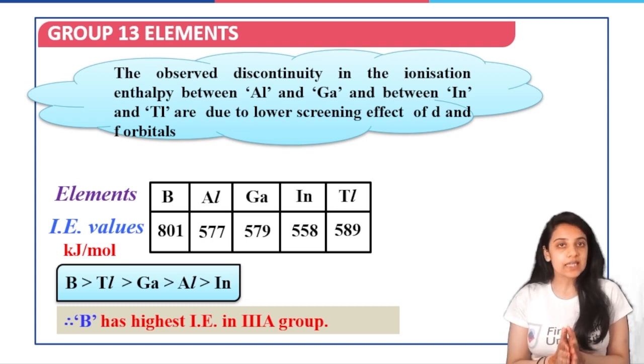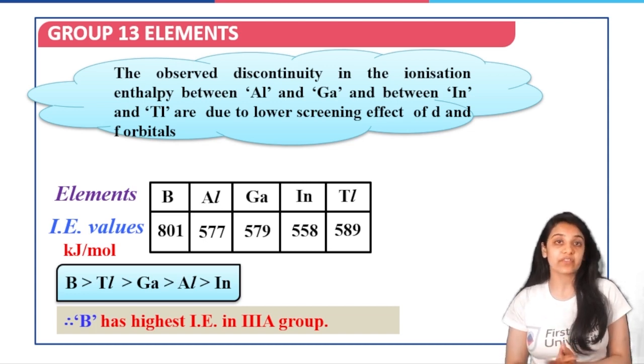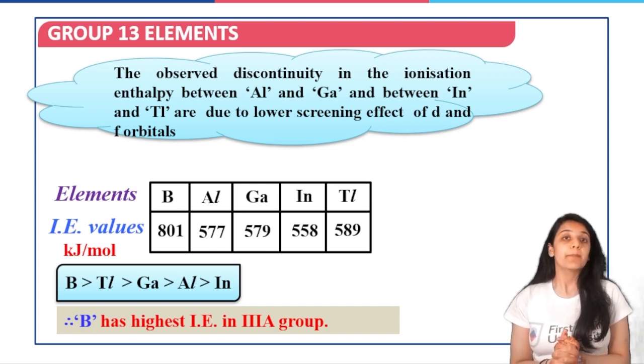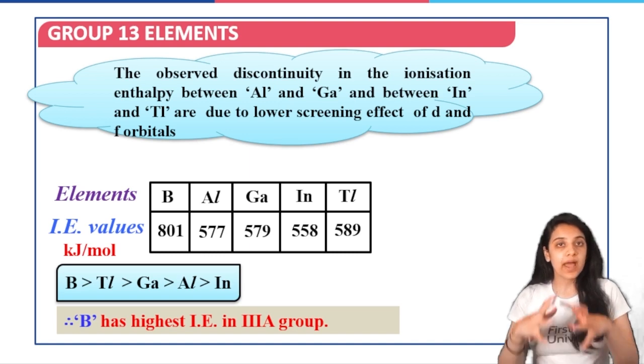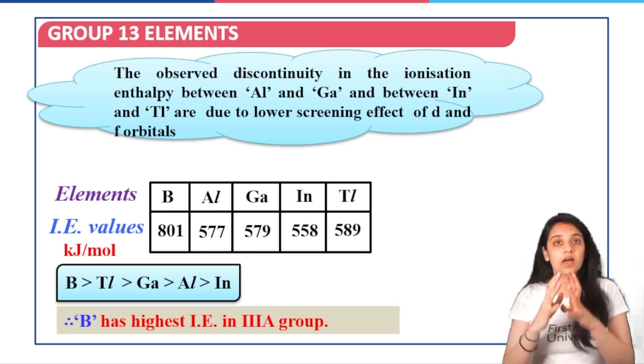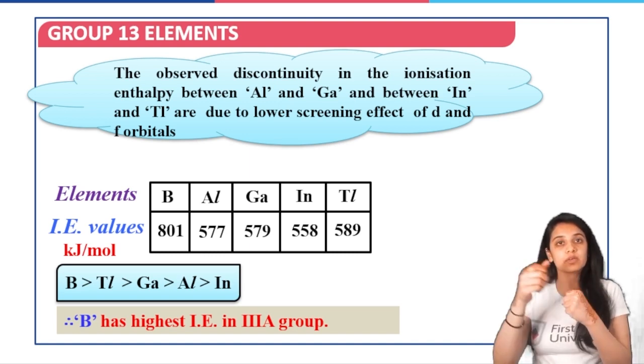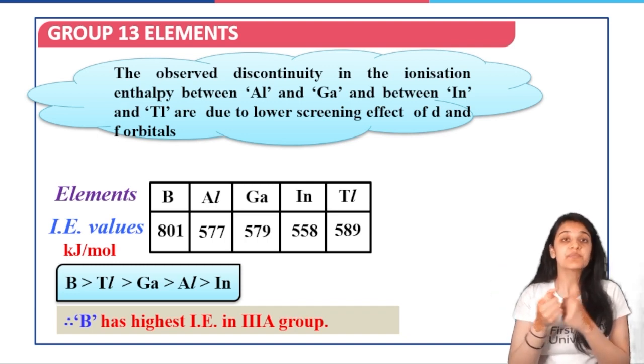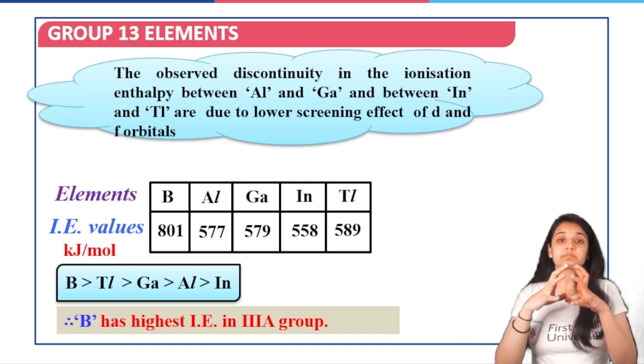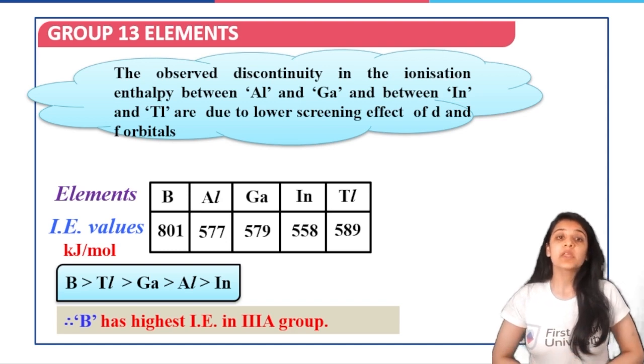Okay, so these d and f electrons are very effective in showing the screening effect, because these electrons are large in number and they are going to prevent the nuclear pull from attracting the outermost electrons, and therefore we can say that the screening effect is going to be lower because of these d and f orbitals being present. Okay,